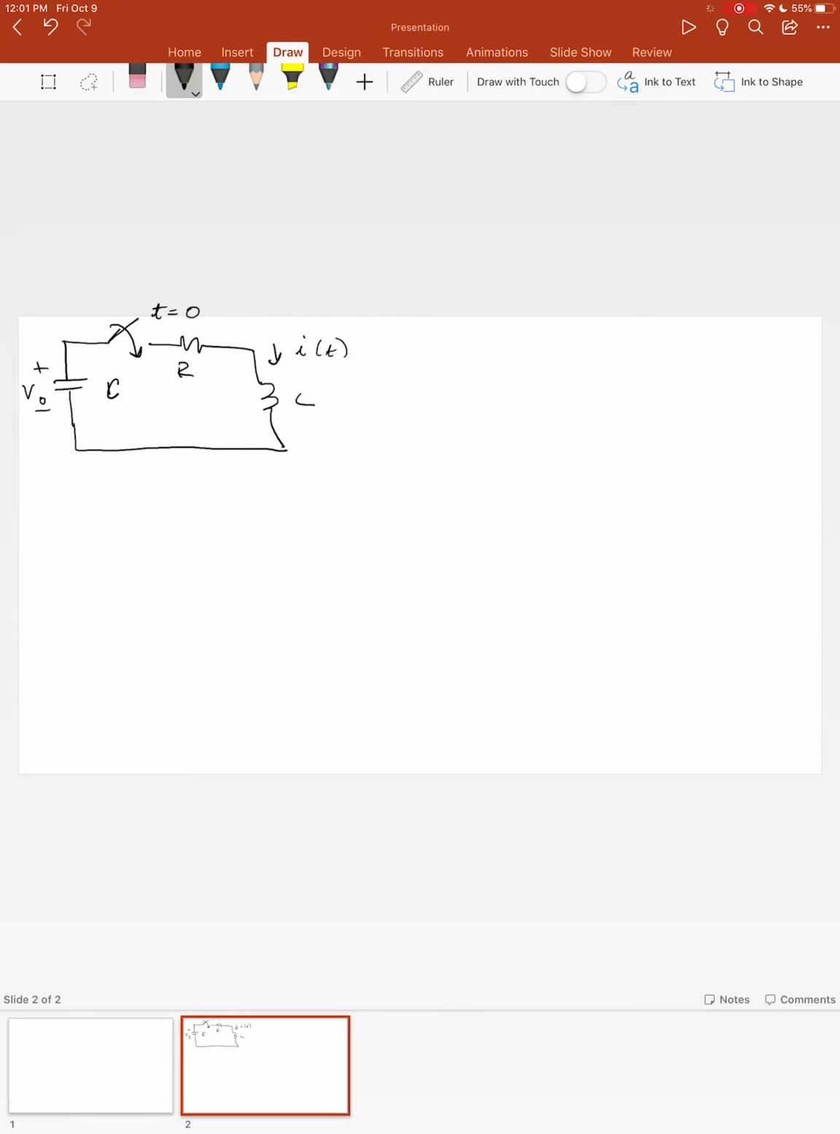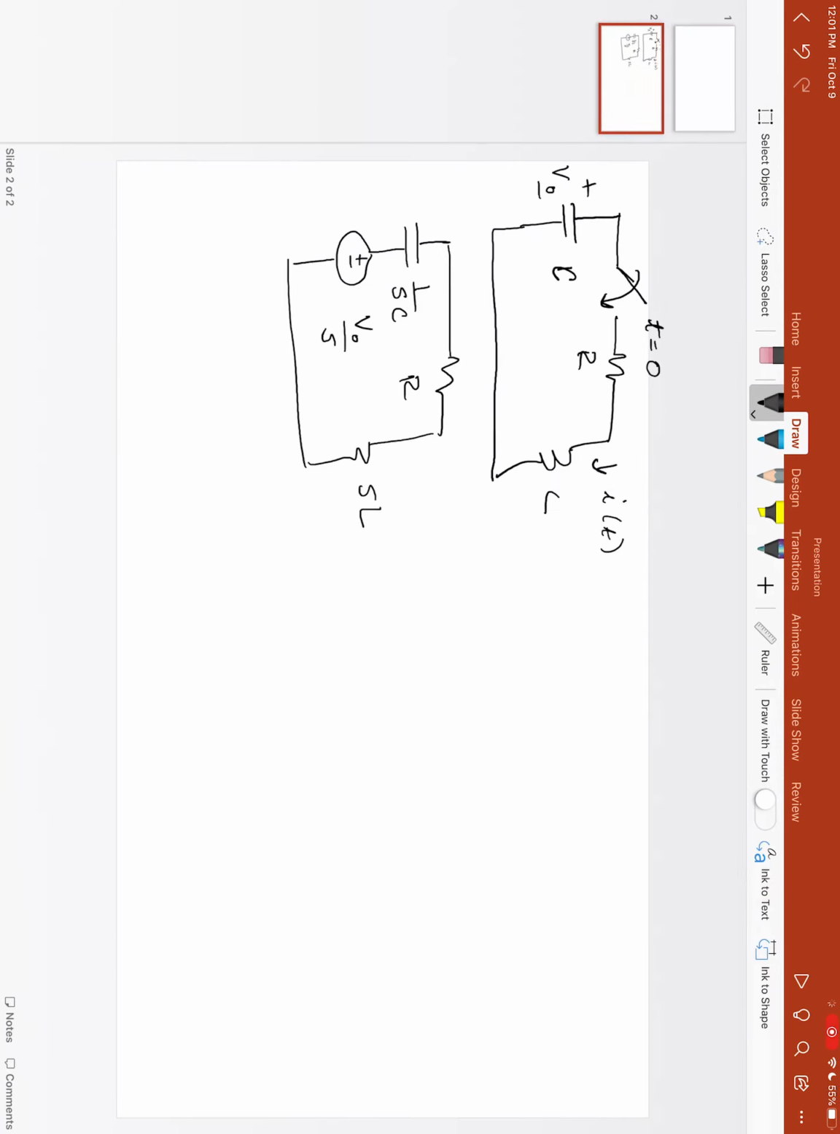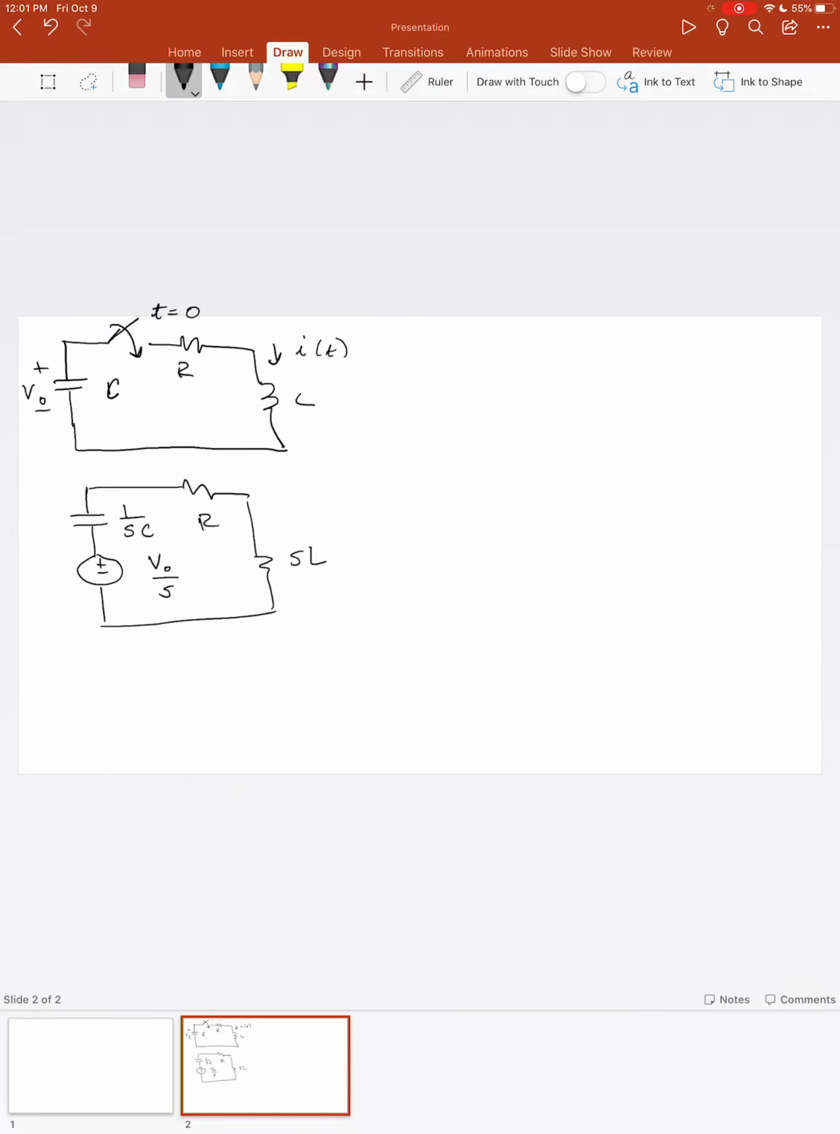So the first thing I'll do is transform this to the Laplace domain. The capacitor will go to 1 over sC. The initial condition on the voltage will keep the same polarity and go to V naught over s. I have R, and I have sL, and then my current becomes I of s. So everything's been transformed, and this is a single loop, so let's write the single loop